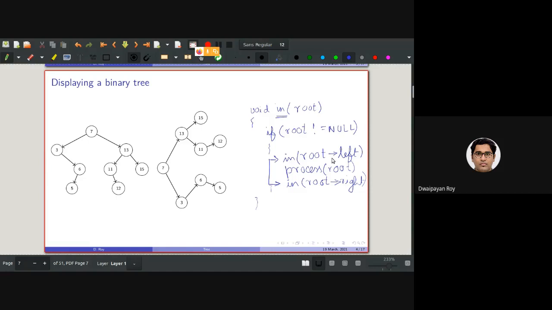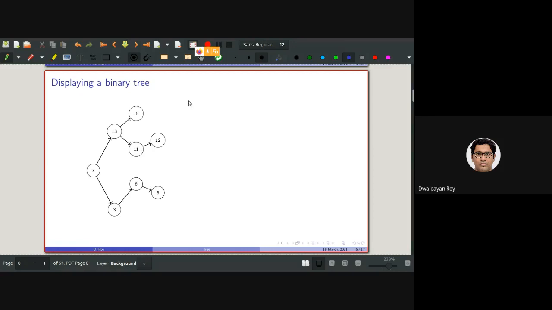All right. So let's try to write that. It will again not be returning anything, so let's call it display. Again, I will be passing on the root. Let's keep it like this. Then we need to check again whether root is not null.